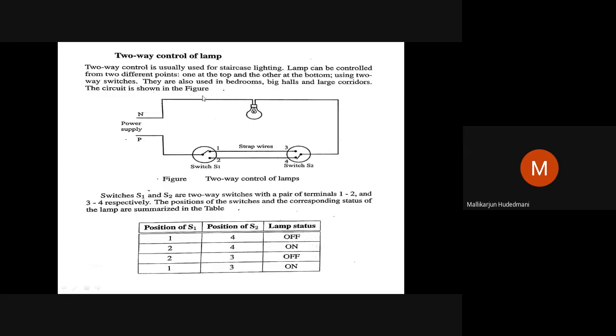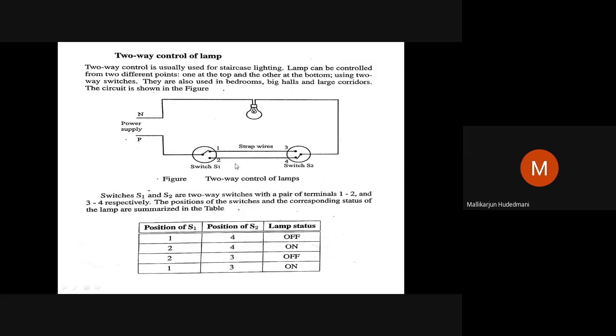How is it being done? A bulb would have been turned on simply. This wire, if I connect directly here, it will turn on. But I want to control this bulb from two different points. One is at the entry of the staircase, another is at the exit of the staircase. By operating these two, if I operate anyone, my bulb condition should operate as I want. Therefore, two wirings must be done in that regard. So I have to do it as S1, S2, two switches. S1 and S2 are interconnected by runner wires here.